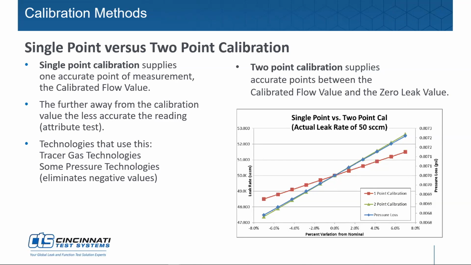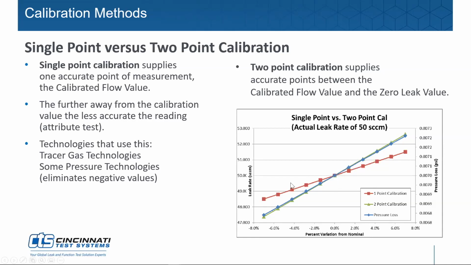Well, since we're talking about this, also calibration. There are two different types of calibration: a single point calibration and a 2-point calibration. A single point calibration is arbitrarily saying zero pressure drop is a zero flow rate. And what did we say earlier? Everything leaks. It's how much you don't want it to leak. So everything's going to show a pressure drop. If you've set your zero flow rate and then you calibrate to a known flow rate with a known pressure drop on your part,